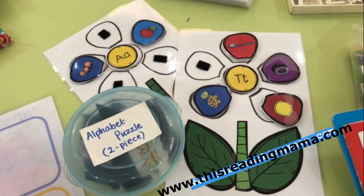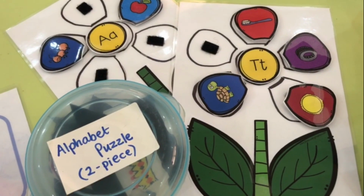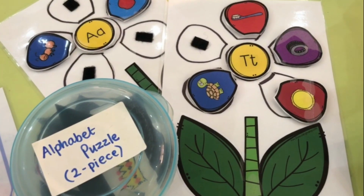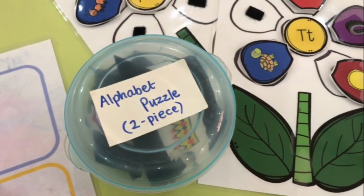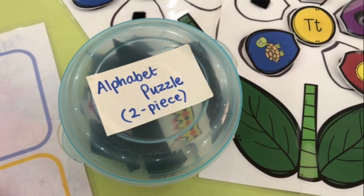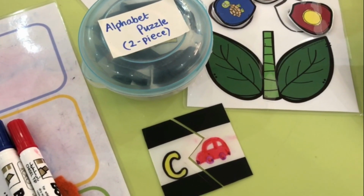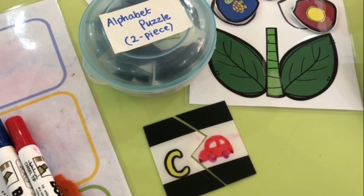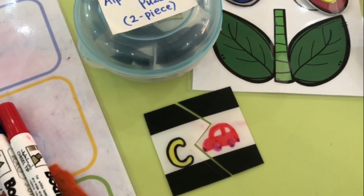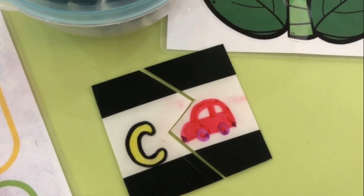So here's a puzzle that we downloaded. So something I made when Amara was still learning her alphabet, and now it's come in real handy for Hibbo, who's now learning her alphabet. And then I made initially, because I was so young, a 2-piece puzzle which I made myself. So this was the puzzle I made myself at the beginning, and I'd simply use an IKEA placemat, the black and white ones. They're made on a tough plastic, and I used permanent markers and Sharpie markers and just drew out the letter and the...